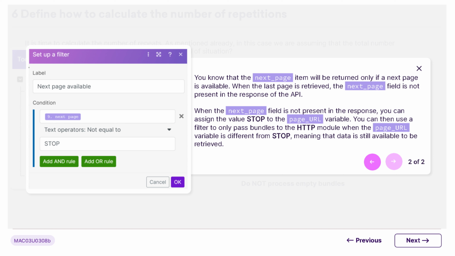Here's how it works. When a page of data is successfully retrieved, the API response will include an indicator for the next page. However, once the last page is reached, this next page indicator will be absent. At this point, you'll want to assign a value of stop to the page_URL variable, signaling the end